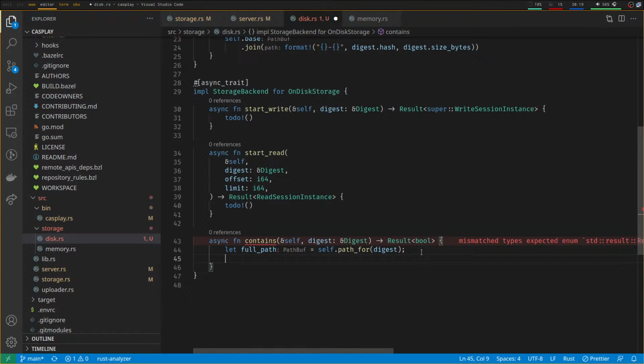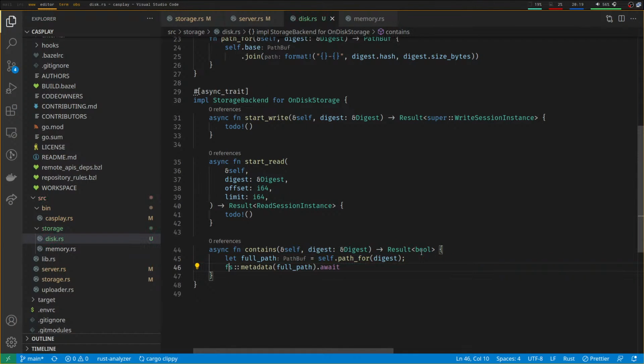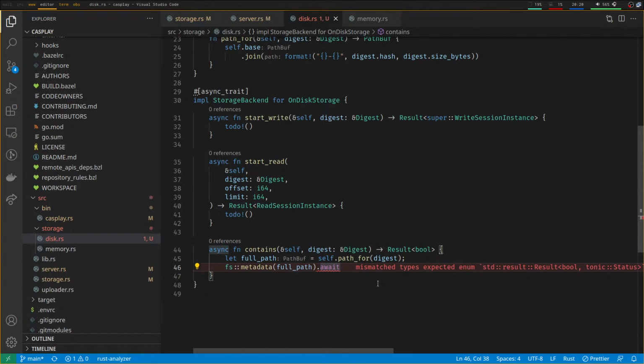Now, if the IO operation fails, we'll need to convert that error before we can publish it. So it's going to be fs metadata for full_path await, and you're going to complain that fs doesn't exist, and that's going to be tokio fs. Now that returns, if I'm correct, yeah, it returns a Tokio IO result of the metadata. So we need to map errors